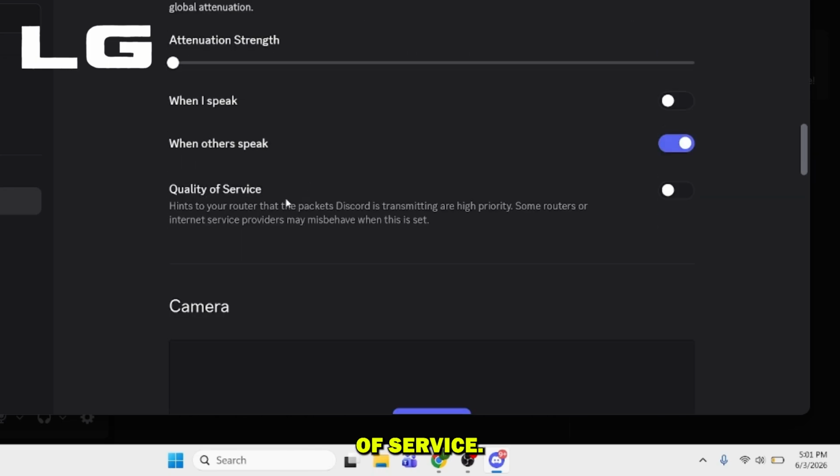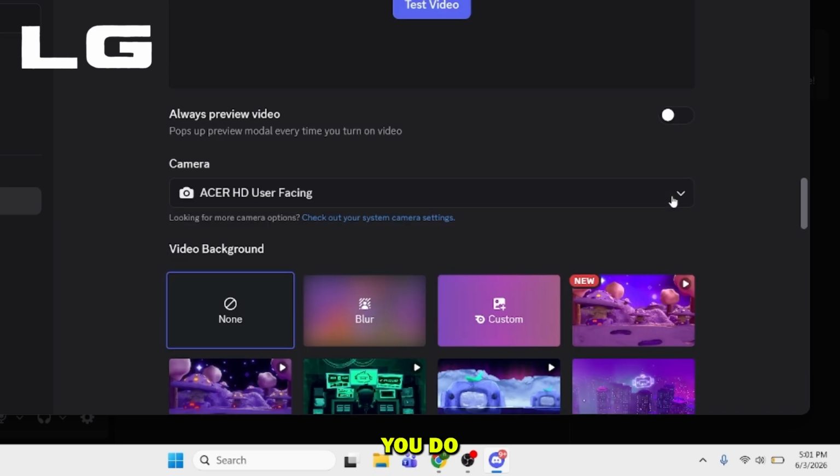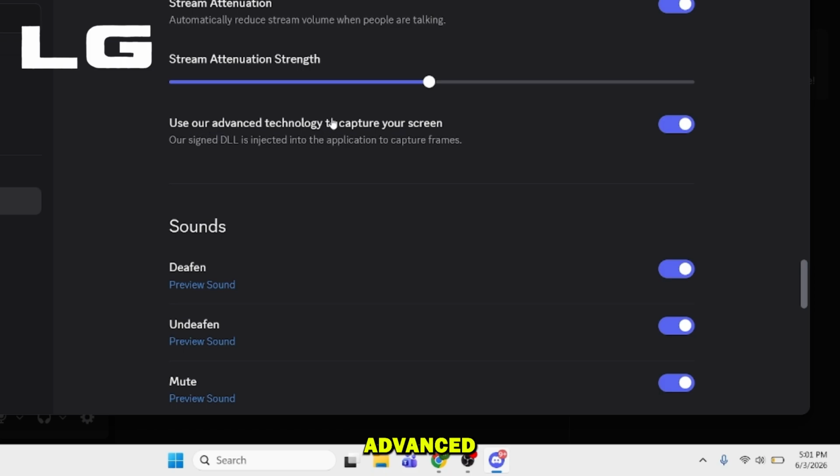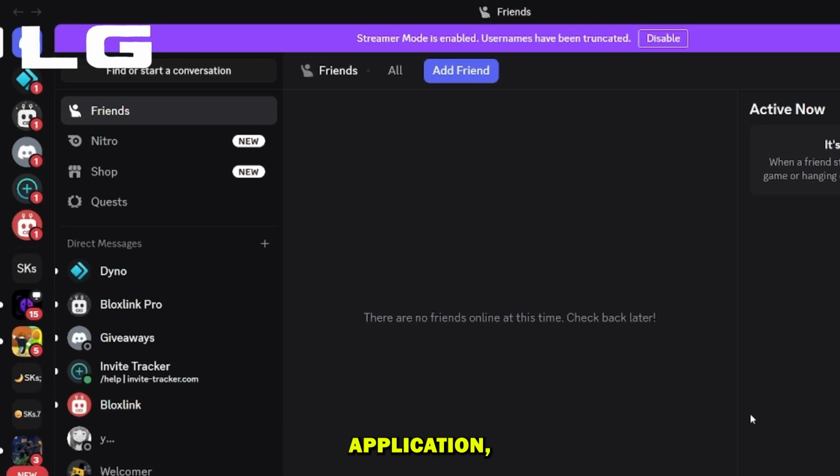Here you will see quality of service. You may go ahead and toggle it on. Now as you do that, you're going to have to scroll below and under streaming, advanced streaming settings, you're going to have to expand it. And you will see use our advanced technology to capture your screen. Go ahead and turn it on as well. Now as you do that, close your Discord application, restart your device, launch your Discord again and see if